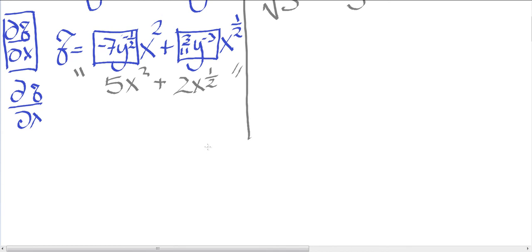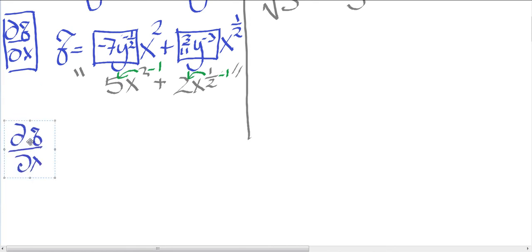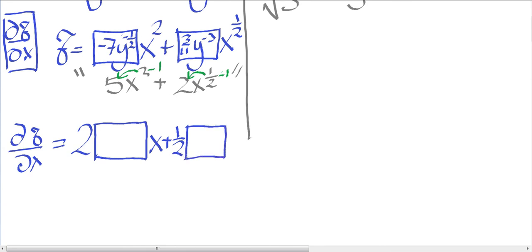How would I differentiate that grey equation? Well, it's the same as you always do. Take the 2 down, multiply it by the 5, and take 1 off that 2. And when I get over here, take the half down, multiply it by the 2, and take 1 off that half. And it's the same idea with the boxes. I'll have, take the 2 down in front of the box. We'll fill the box in a minute, and that'll be x up to the power of 1. And over here I'll have, take the half down in front of the box, and I'll have x up to the